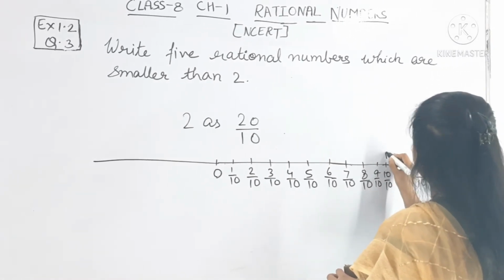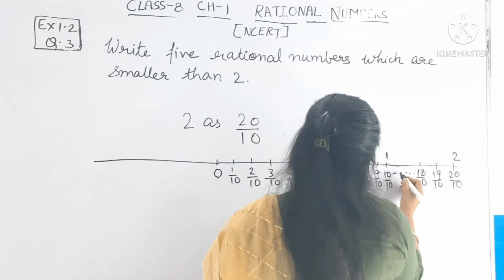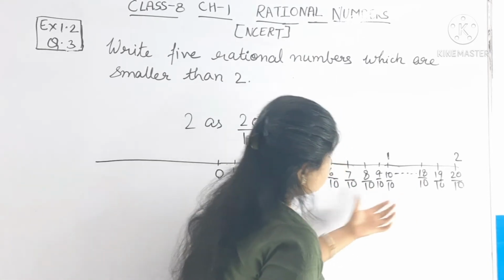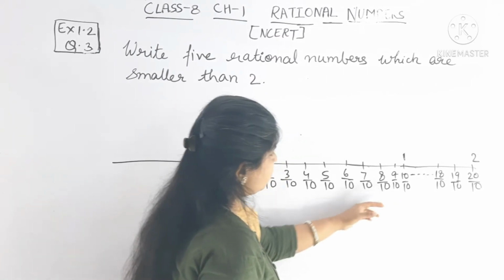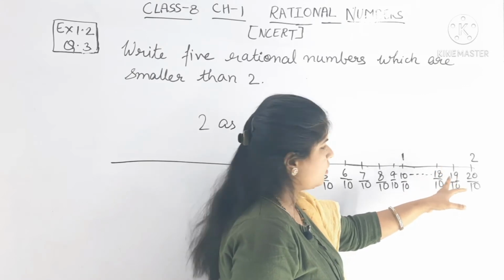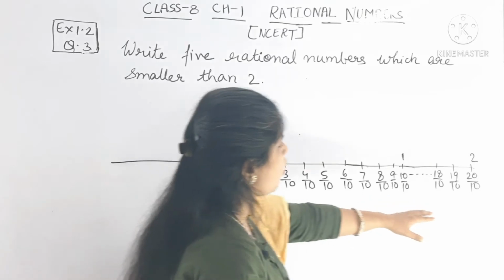Ten by 10 is 1, and here 2. Okay, and here so on. Okay, this all are rational numbers. Here 0 to 1 up to 9 by 10, then 1 to 2 is 11 by 10, 12 by 10, 13 by 10. Okay, so we have to write only 5 rational numbers that are smaller than 20 by